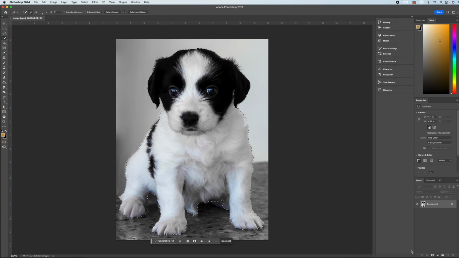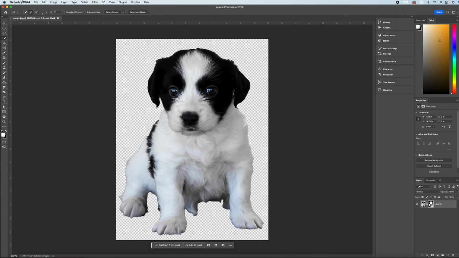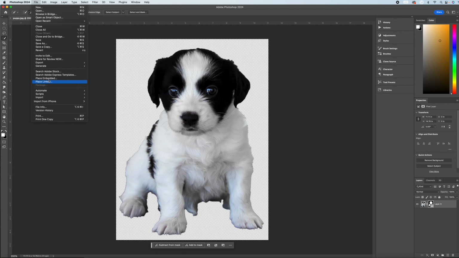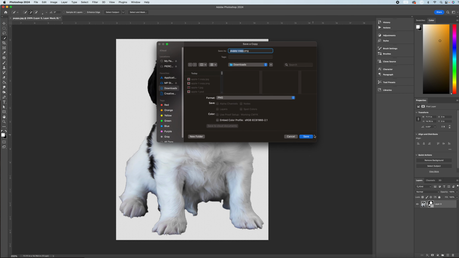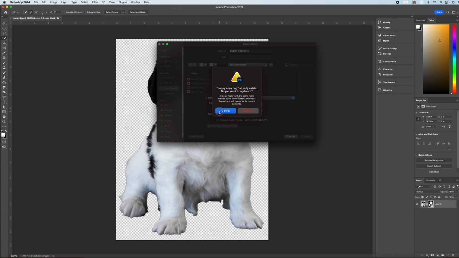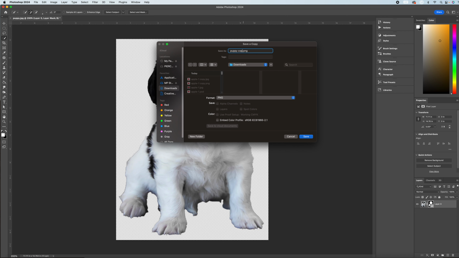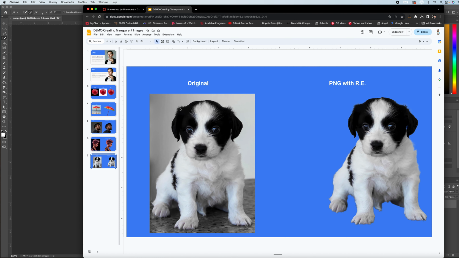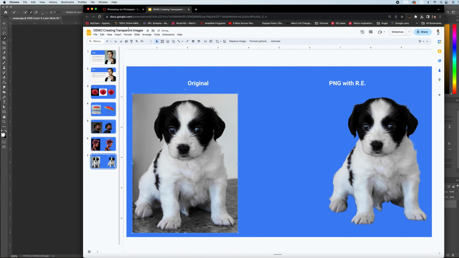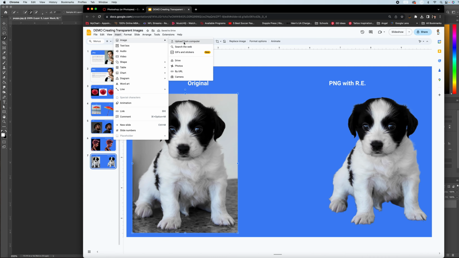Make sure to add the layer mask. But again, if I go into the save a copy, insert the image, upload from computer,